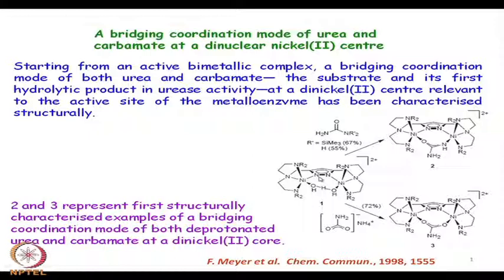So, pyrazole group is utilized for holding this nickel and that nickel through its NN bridging mode. So, NN bridging mode on the pyrazole, and on the other side you can make other tridentate groups. So, this nitrogen and this nitrogen can give you a facial capping on the other side of the nickel, and this particular nitrogen is giving you the fourth coordination. So, you have 3 from this capping part and 3 from the other side. So, you have 4 coordinated nickel on this side and another 4 coordinated nickel on the other side.